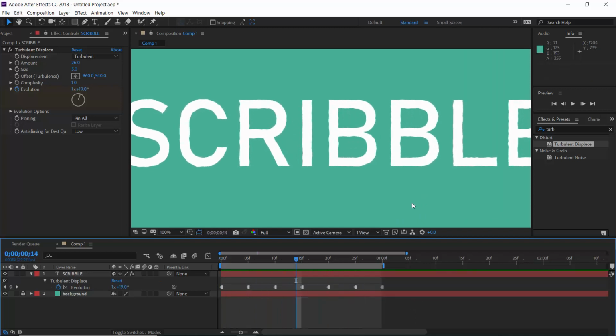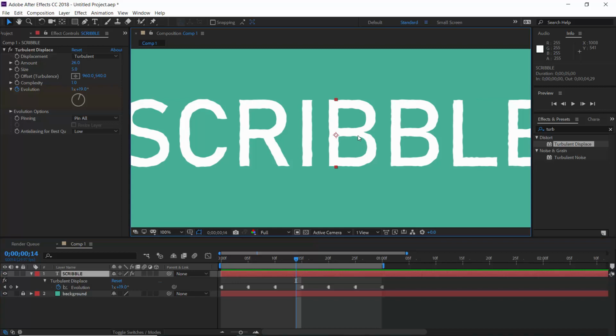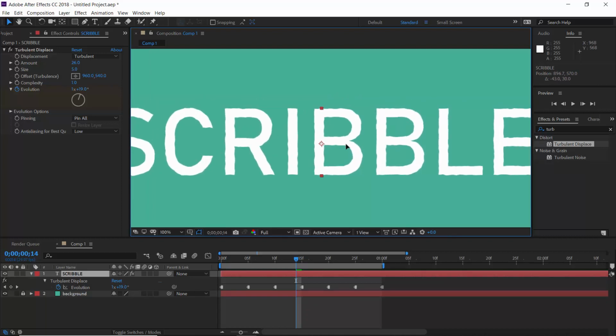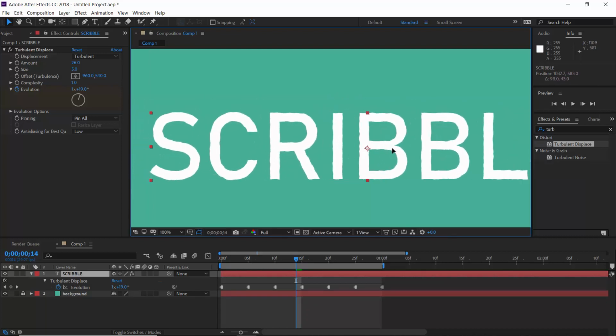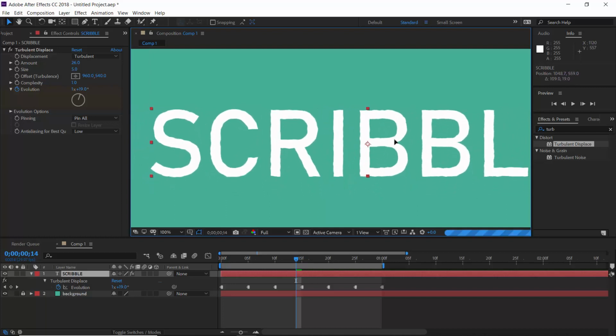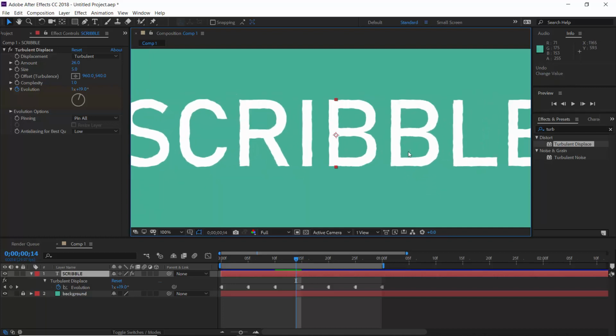The only problem is if I want to animate text position also, pay close attention to the edges of the text. Displacement map will not move with the text. When text will move, we will get a new animation which will disturb our current keyframes. To fix it,